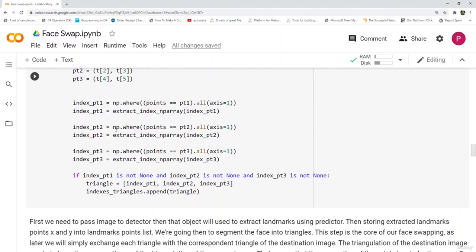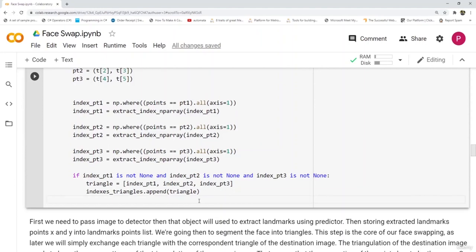Similarly for point 2 and similarly for index point 3. In the end, if index point 1 is not None and index point 2 is not None, and similarly for index point 3, then the triangle will be index point 1, point 2 and point 3, and we'll append the triangle into the indexes triangles. So this is the most important step to find out the triangulation of the images.